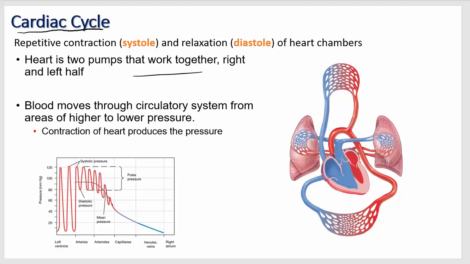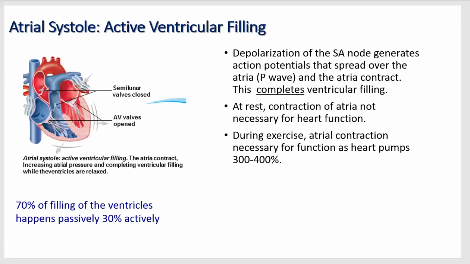Okay, so blood moves through the circulatory system from areas of high to low pressure. Has to, because if it was the other way around, the blood would flow the other way. It always flows from high pressure to low pressure, and the contraction of the heart keeps doing that. So the cardiac cycle is a cycle, and anytime you have something cyclical, you can start anywhere. So we're going to start